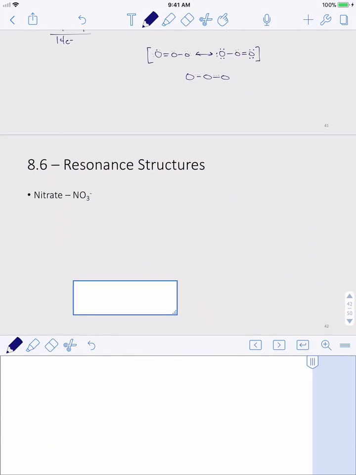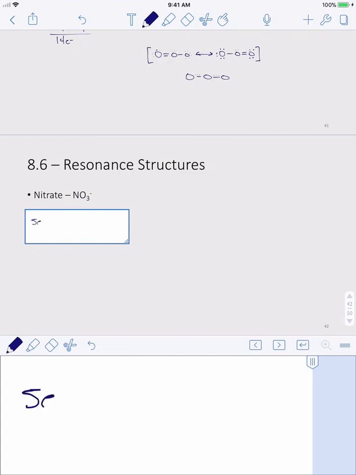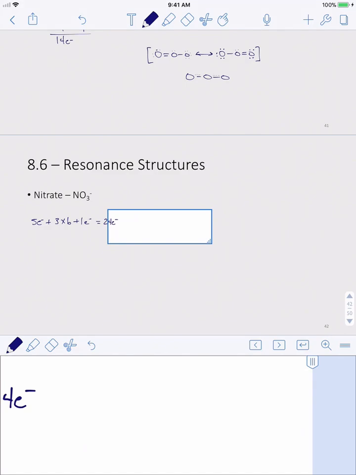Okay, let's go to nitrate and look at the nitrate ion here. Again, we have nitrogen, which should have 5 valence electrons, plus 3 oxygens, which should have 6 valence electrons, plus 1 electron for the charge, which gives us a total of 18, 19, 24. And so for 24 electrons,